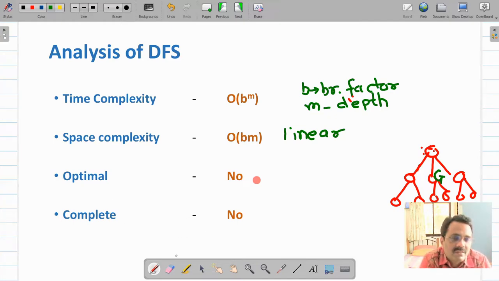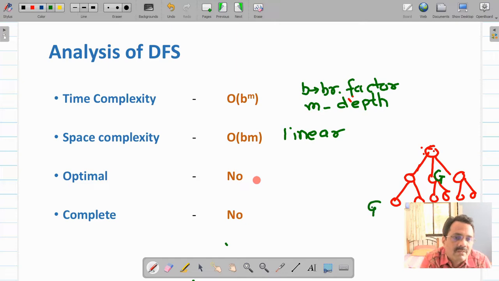One more goal, same goal is present. If you go through this, suppose this is also goal. So depth first search algorithm will move this way. First it will visit this node, then come here and then come to this first goal, and it will return this as a solution path. But suppose here also your goal is present, it will not return this goal. Algorithm will terminate here. So first solution will be returned by this depth first search algorithm. So it may not be optimal, so therefore algorithm is not optimal algorithm.